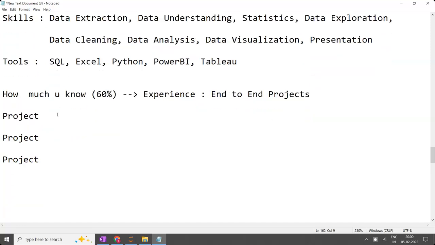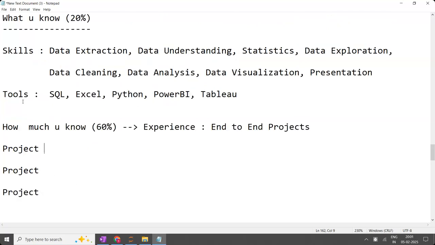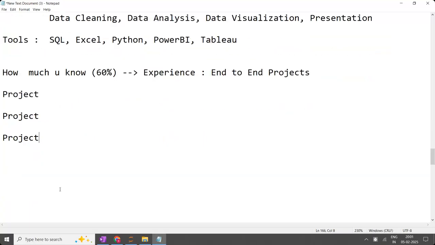In the resume, 60% weightage will be given to the experience, what projects you are going to write. In the resume, 20% weightage goes to this, 60% weightage goes to this. Along with this, you are going to have the certification. One is what you know. Second is how much you know. Third is who evaluated you, who certified that you know the subject. Someone has to test you. Have you attended any competition? Have you taken any kind of certification? Have you taken any kind of exam? Is the point clear?